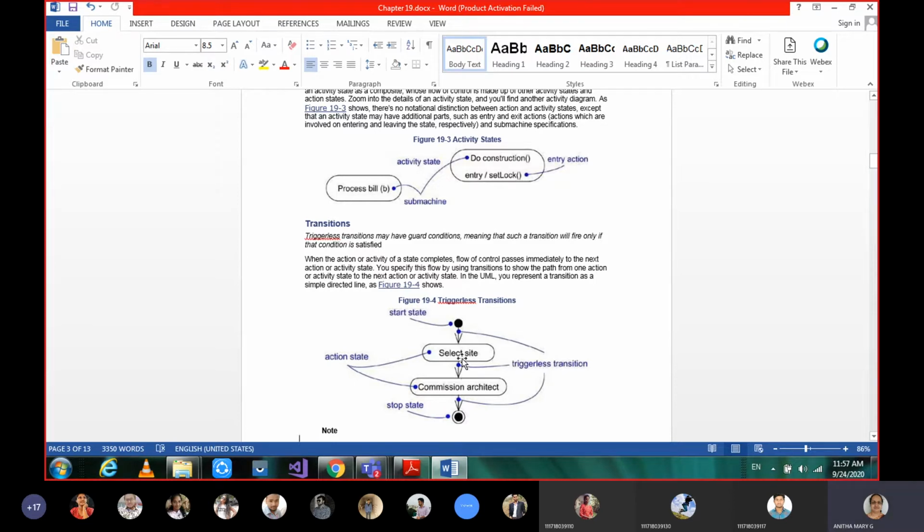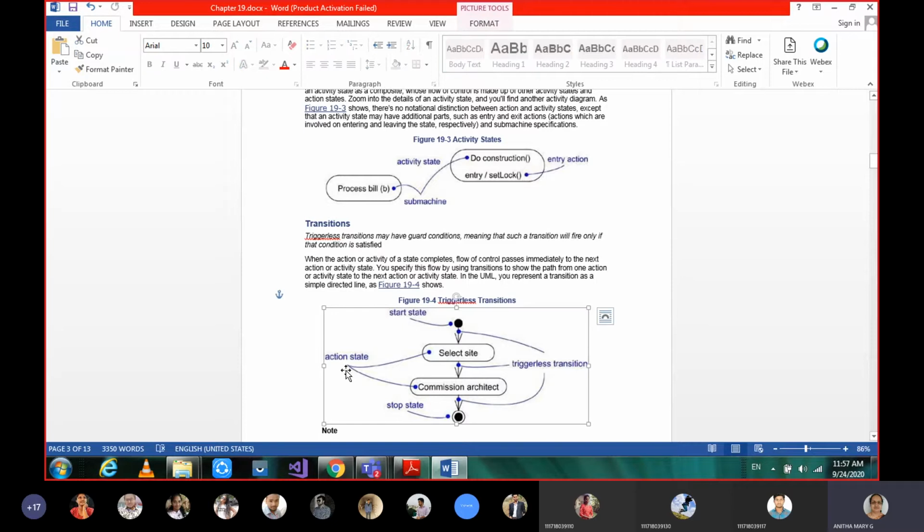Just transition means it's the flow control from one state to another. But when one state completely finishes its work and transfers the control to the next person, then we call it a triggerless transition.